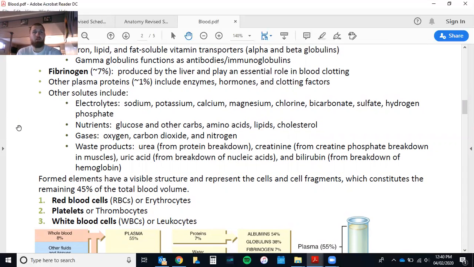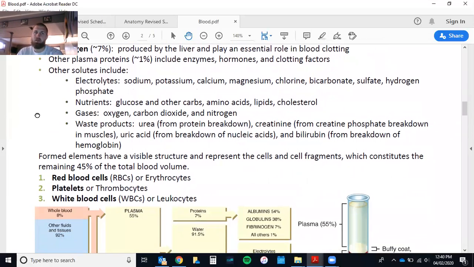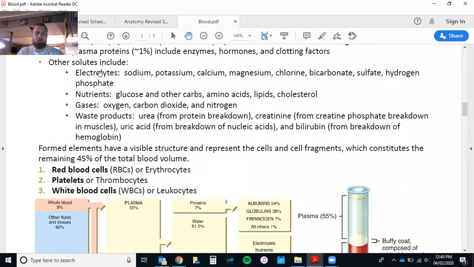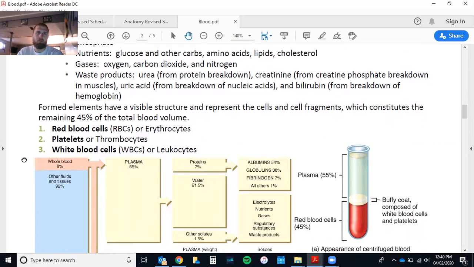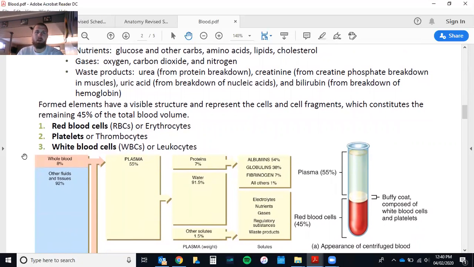There are other plasma proteins, about 1%, including enzymes, hormones, and clotting factors. And then there's just a collection of other solutes, electrolytes, which you think about like Gatorade, loaded with those. Sodium, potassium, calcium, magnesium, chlorine, bicarb, sulfate, hydrogen, phosphate, various nutrients like glucose and other carbohydrates, amino acids, lipids, cholesterol, and hopefully we don't have too much of these in our blood, because that can be very dangerous and not a heart healthy